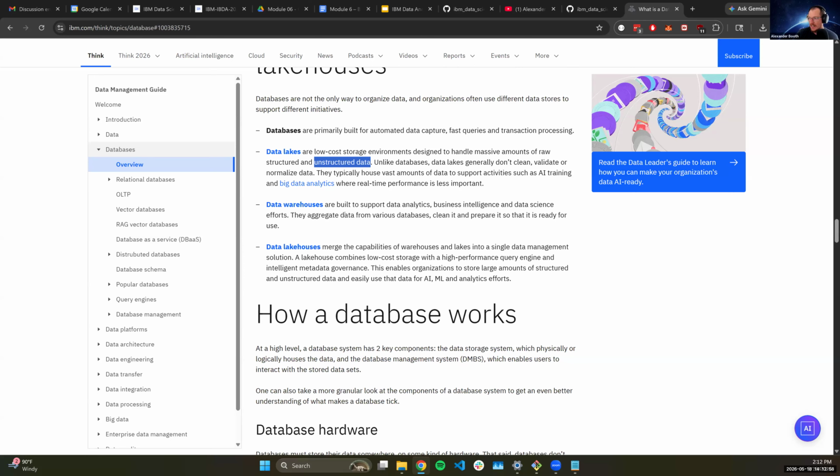Data warehouses are typically aggregated and cleaned, and are typically what powers many applications and BI, business intelligence tools. And then finally, lake houses combine the best of both worlds. It wants us to be able to store large amounts of all types of data and make it available for AI and analytical workloads downstream.